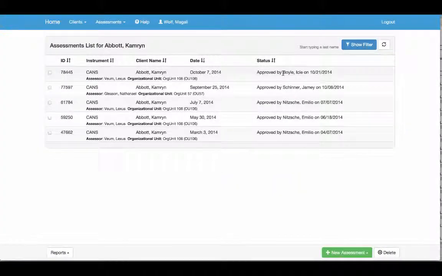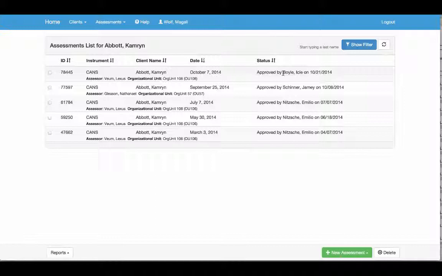Hello. In this session we are going to see how to create a new CANS assessment and just do some very simple data entry in order to get the values for the assessment in the system. And there's two ways to get the data into the system. One is from scratch, where you would create a new assessment like an initial assessment and enter the